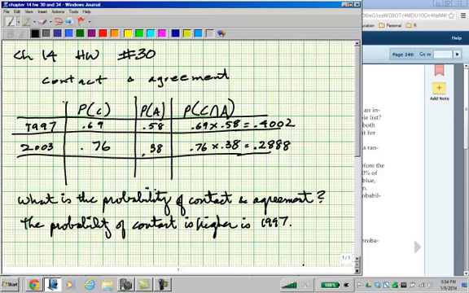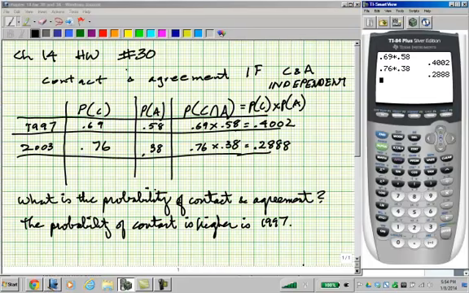So the probability of C and A equals the probability of C times the probability of A if C and A are independent. So we're assuming that they're independent. So 0.69 times 0.58 is 0.4002. So in 1997, the probability that you get somebody to do a survey, at least according to these numbers, is